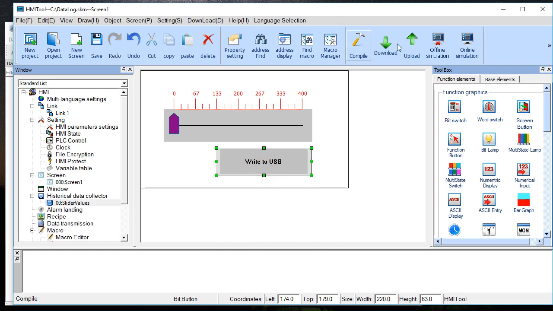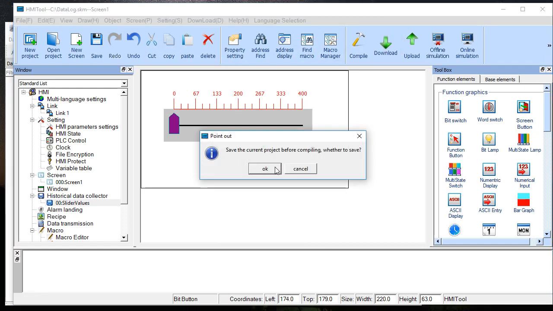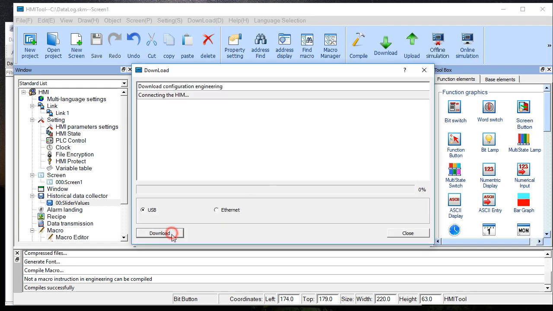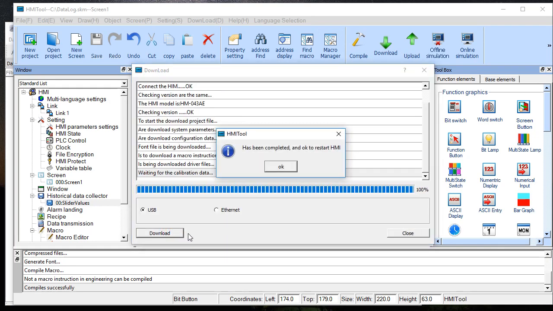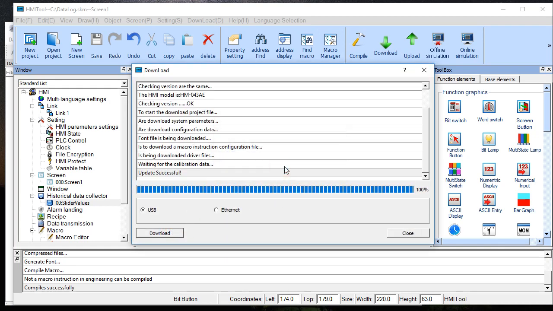Okay, now some of this I can't show you, but I am plugged into the HMI, and I'll describe what's going on. So I've got it all compiled and sent to the HMI, and now it's restarting. And right now I don't have the USB plugged in. You don't have to start out. You can do that later on when you want to retrieve it. It's not going to affect anything. So the screen's loading right now,